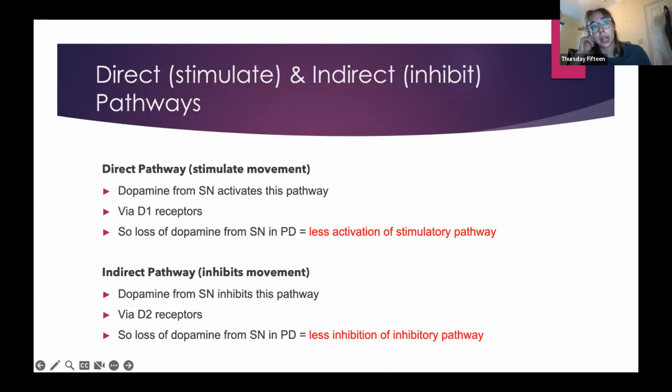Please just jump in if it doesn't make any sense at all. Did anyone want to go over particularly the features of Parkinson's disease? Because we can rattle some off together now. But if you're happy with them, then we don't have to. Anyone have any strong opinions either way? Yeah, you want to go over them? Okay. Happy to skip. That's hard. Okay, we'll do a couple really quickly.